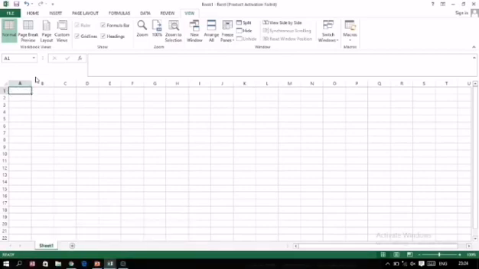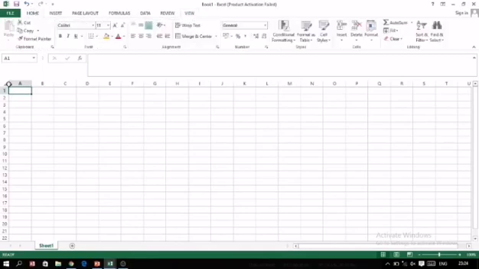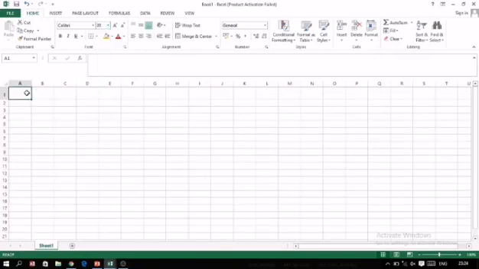I'm just increasing the size of the text so you can see clearly. I have increased the size to 20. Whenever you want to use any formula, you have to give the equal sign. Now a simple calculation I'm doing, 6 plus 5. The plus sign is an operator that tells Excel that we want to add up these numbers. Press the enter key and the answer will be shown over here.